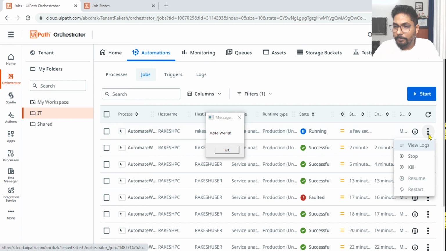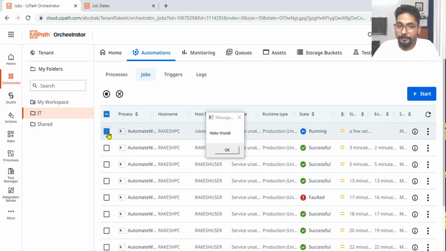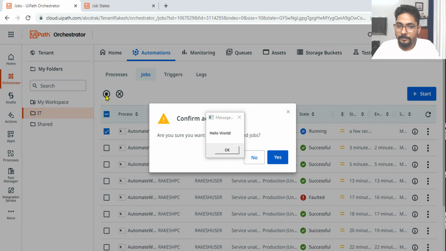What I'm going to do, I'm going to hit on, let the OK button be there. I'm going to hit on stop. Okay, this is one way. There's also another way you can select it, and there's a stop button here. Okay, both the ways you can do it, and I'm going to hit on